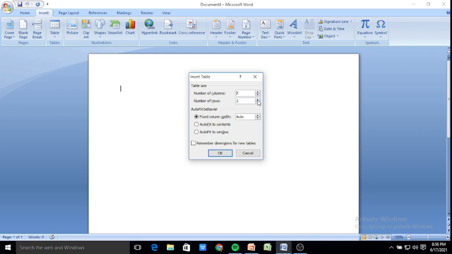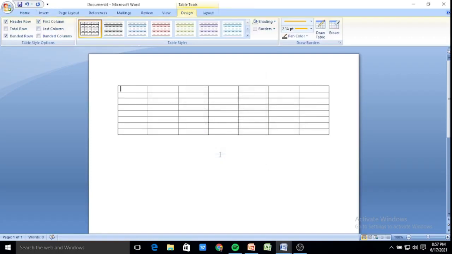Okay, now the number of rows I want is 8. I'll click on the upper arrow. See here. 7, 8. So number of columns I have selected is 7 and number of rows is 8. After selecting the number of columns and rows, I'll click on the OK button.